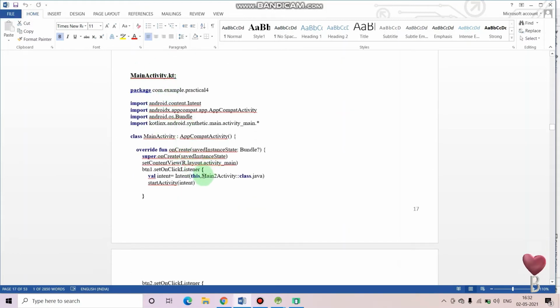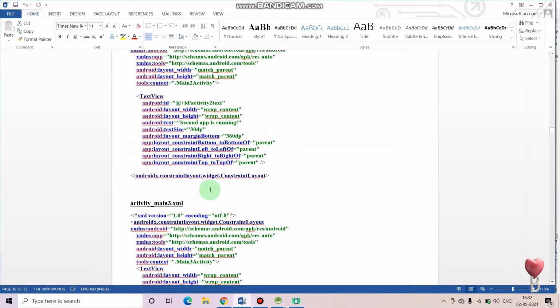This is because we should not specify the main activity's xml name here, but the activity to which you have to move. Its xml file name we need not specify, we need to specify the .kt file name here.